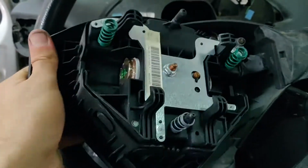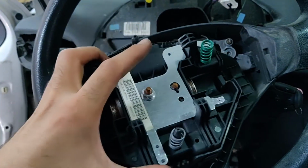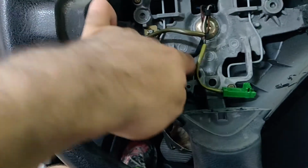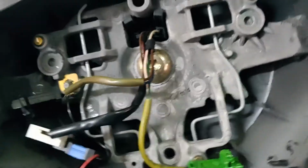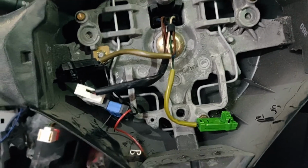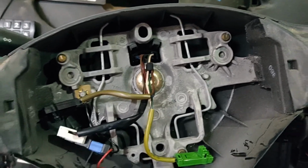You can see you have here the airbag with four hooks, the two lower ones and the two upper ones. You can see the lower ones catching the rod like this here and here, and the upper ones catching it from the side. So what you have to do is take a flat screwdriver and push it through the hole here, and once you push it upwards, there's a rod, you can see it. When you push it upwards, it moves all the rod that's catching the hooks,